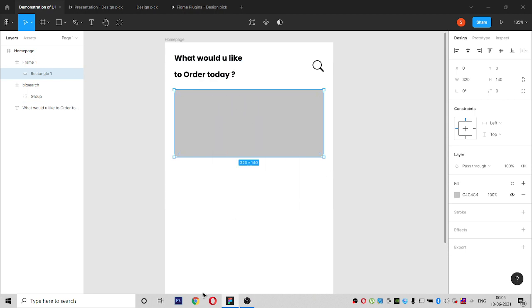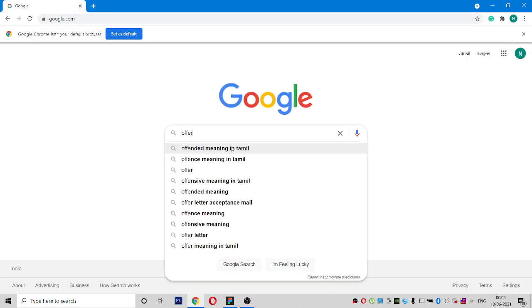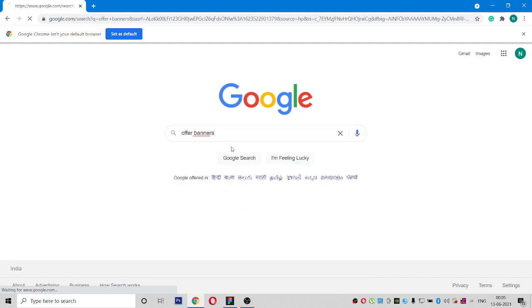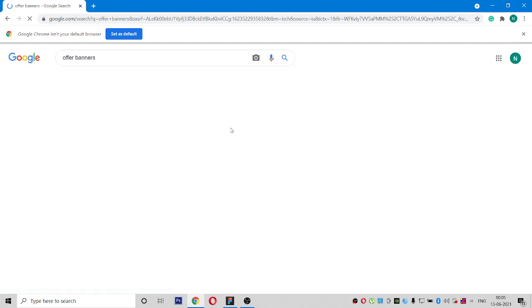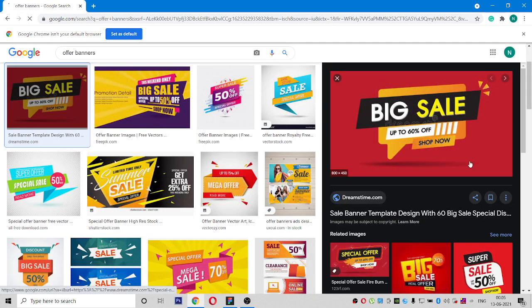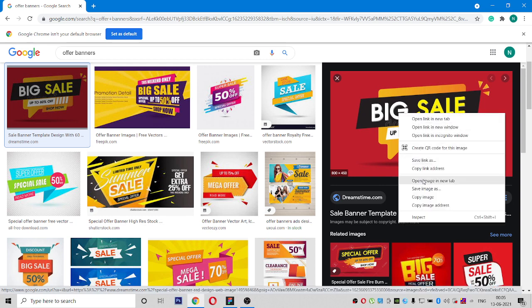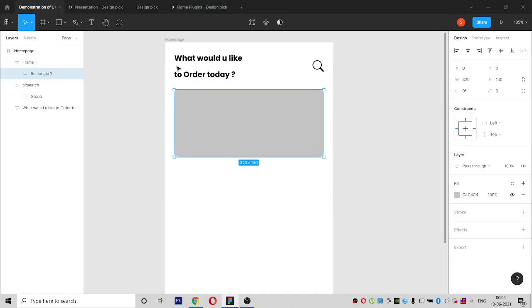And for example, now if we go to Google, we place some random banners. These are the banners which I'm just randomly getting from online and pasting.